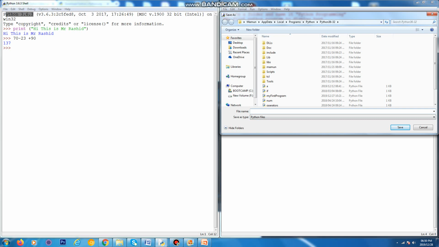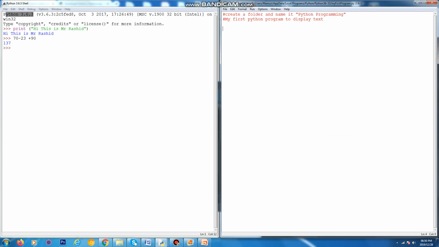If you click on File, Save As, I'm going to save it. My first program, I think I already have one, so I'm going to replace it. Now this is my first program, and I saved it. Now I'm going to write some information here, to display some information. If I want to display my name, or if I want to display hello world, whatever you want to display,